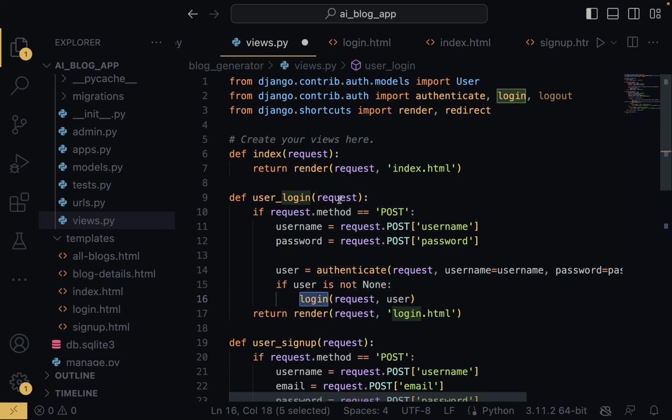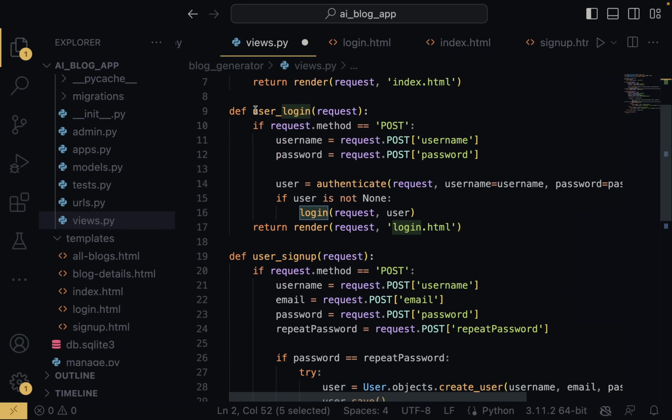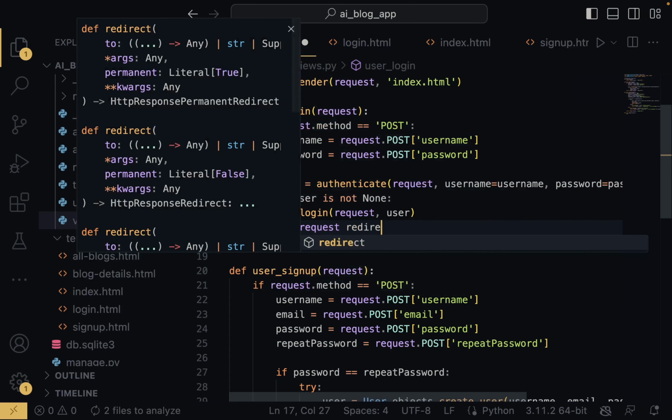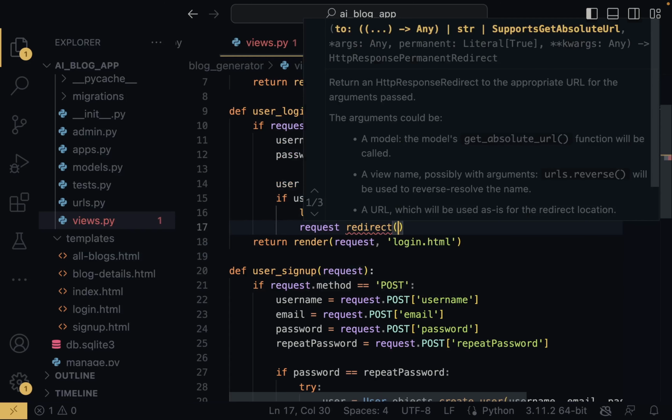Now remember when I said I had to change this to user login instead of just login? If I left this at login and I'm also importing another function named login, there might be a clash. That's why I had to change this to user login. I had to change this to user sign up. Now that we log the user in, we want to redirect them. So say return redirect to the home page